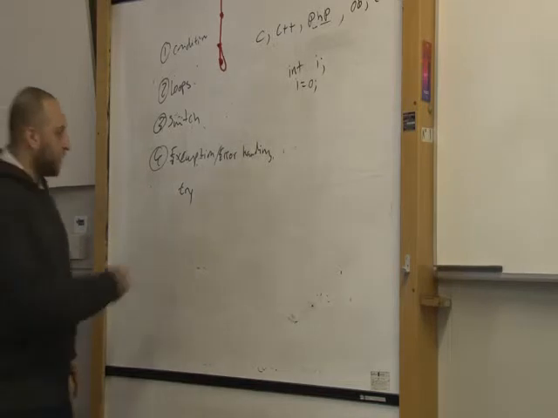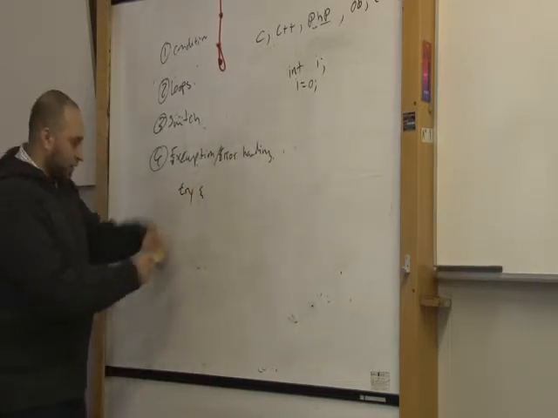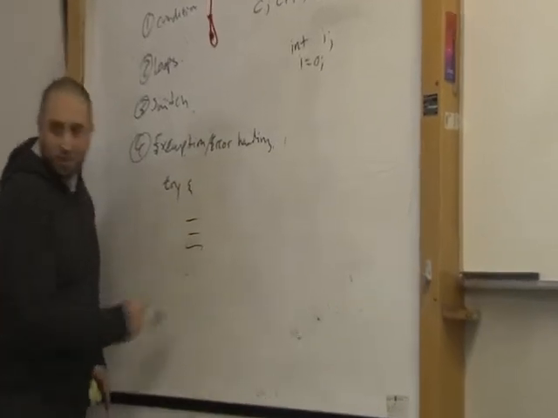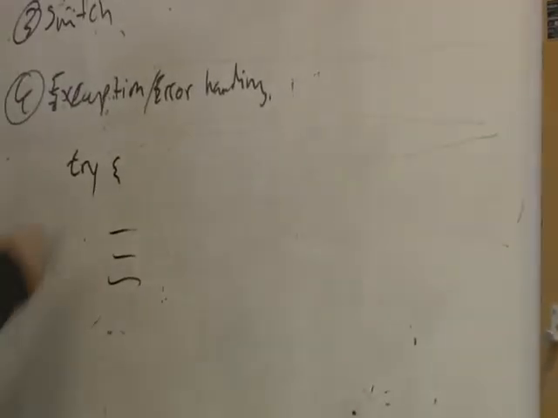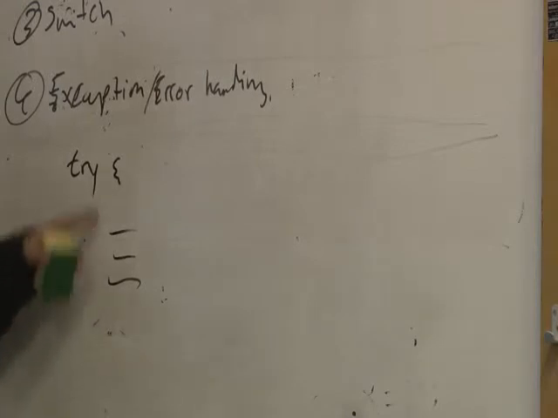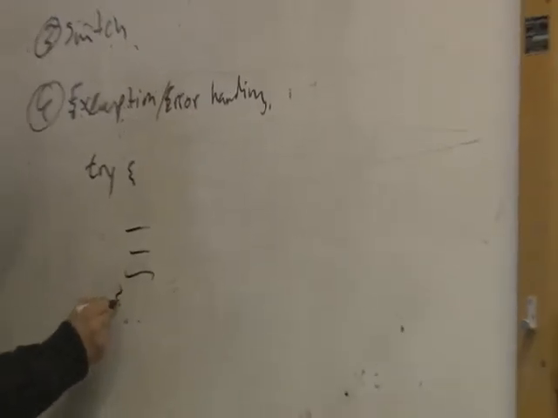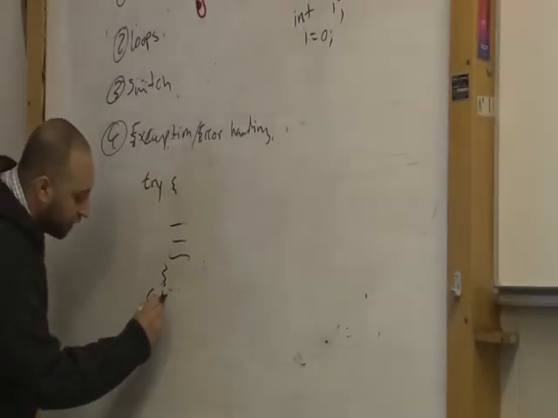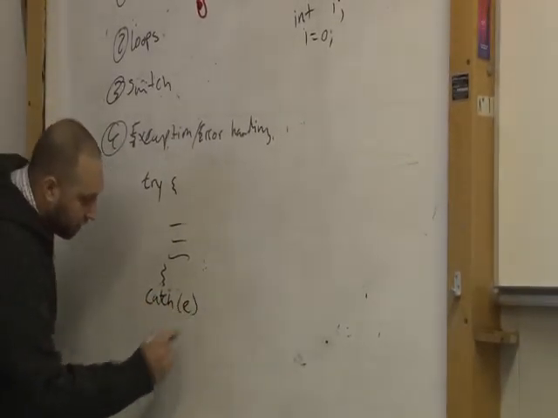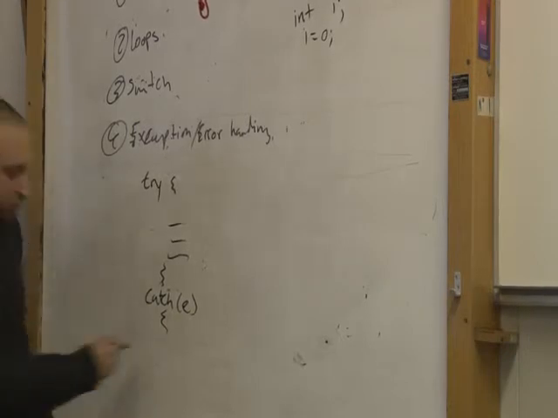So what you want to do is try something first. You want to try a condition. So you put the conditions here that you want to try out. If it works, great, the program will just execute the commands here and carry on. But if somehow it fails, it doesn't connect to the database, you want to catch the error,